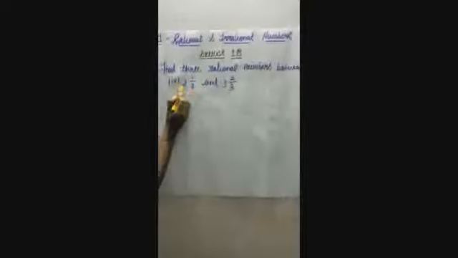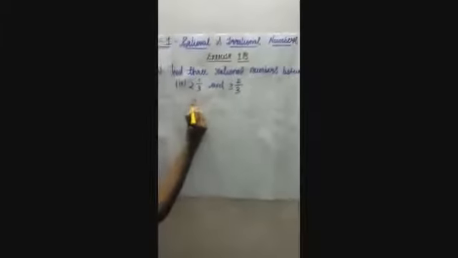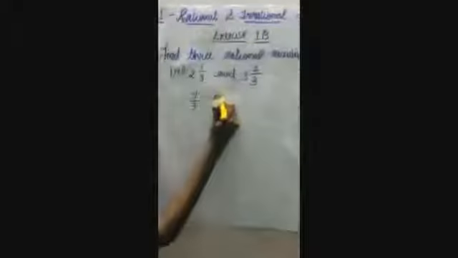Multiply the denominator into the whole number and the answer you can add it with the numerator. So 3 2s are 6, 6 plus 1, 7 divided by 3. And here multiply the denominator into this whole number. 3 3s are 9, 9 plus 2, 11, 11 by 3. So now we are going to find in between three rational numbers, between these two numbers 7 by 3 and